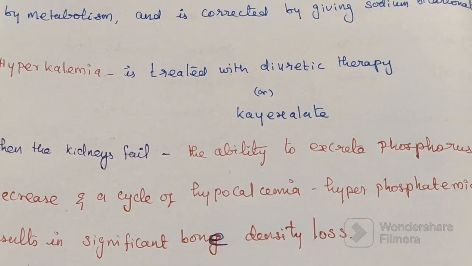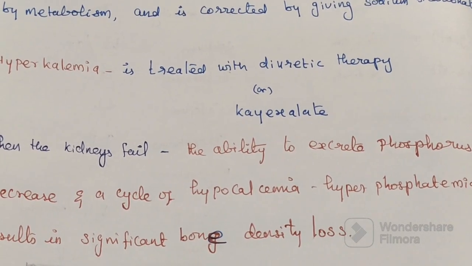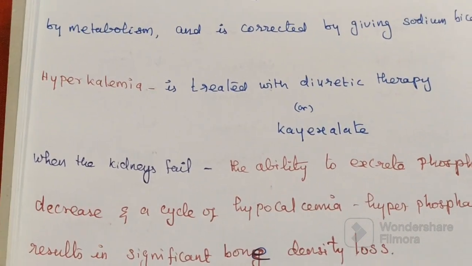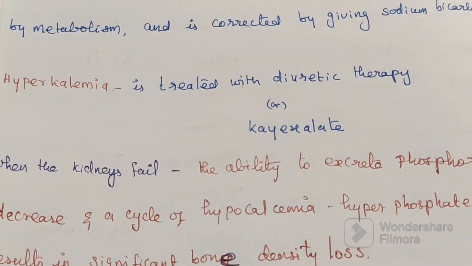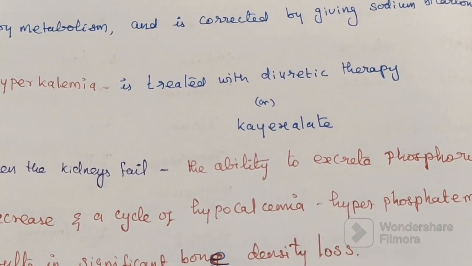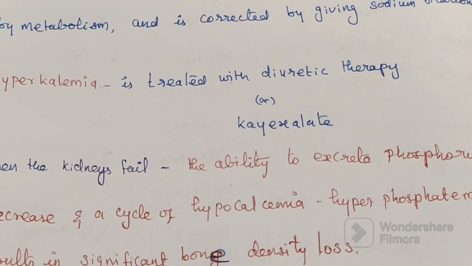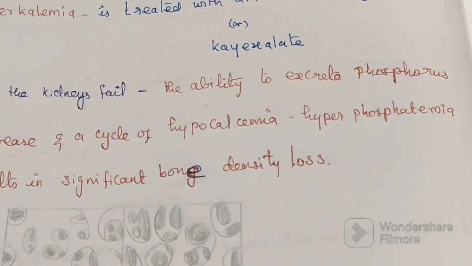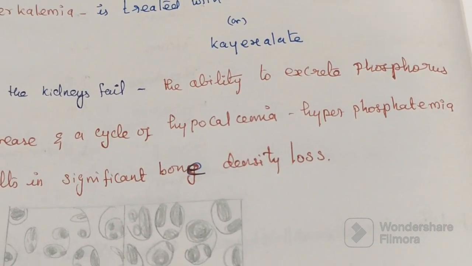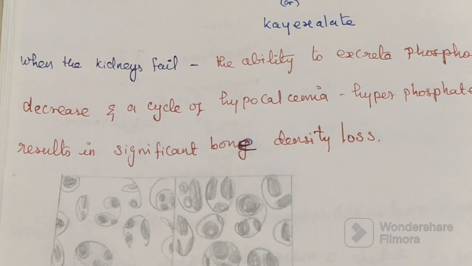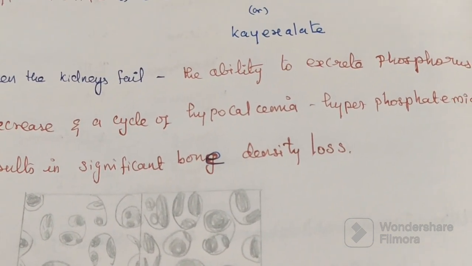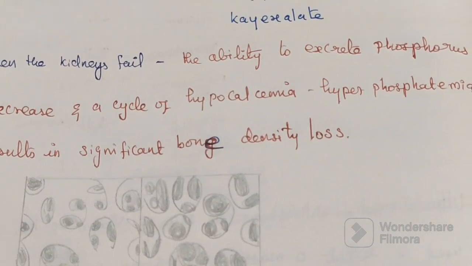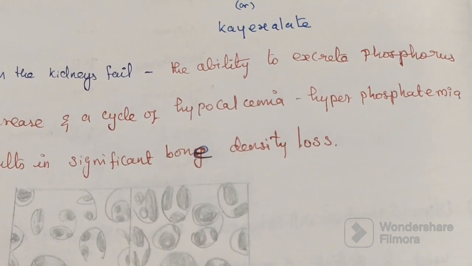or Kayexalate. So the next one: hyperkalemia is treated by using diuretic therapy or Kayexalate. When we have kidney failure, the ability to excrete phosphorus decreases, and a cycle of hypocalcemia and